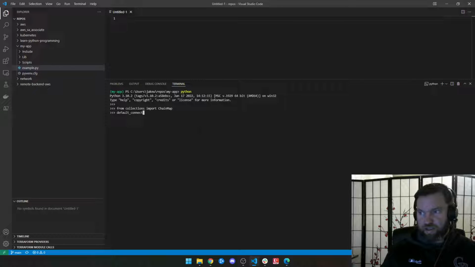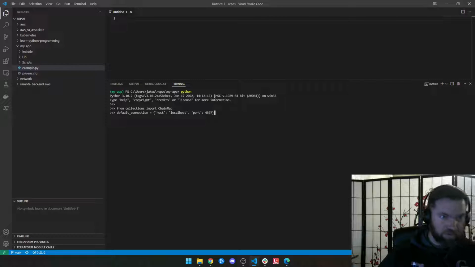I can say I have a default connection here. We'll do some network stuff. I have a host, and that host is localhost, and I have a port, and that port is 4567. Okay, so I have a host, which is localhost, and I have a port, which is this port. Cool. So if I said connection equals my port